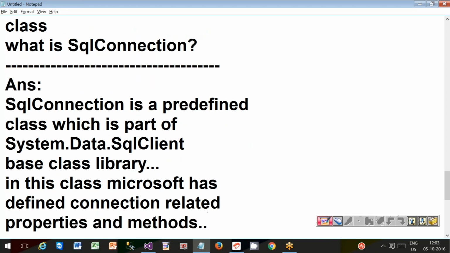In which class? SQL connection class. In the SQL connection class, Microsoft has defined connection related properties and methods. Okay guys, up to